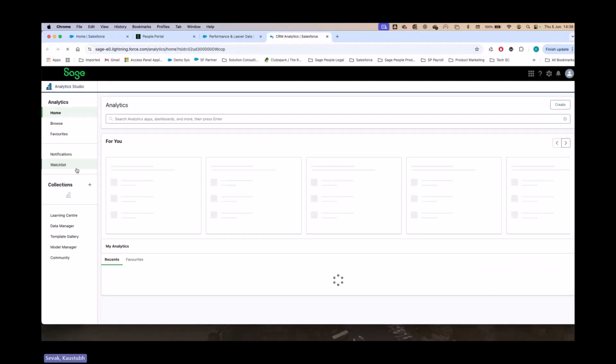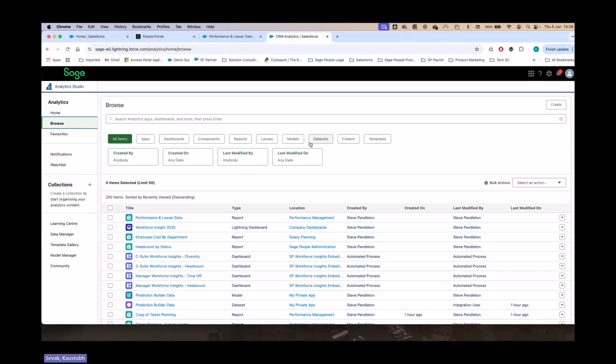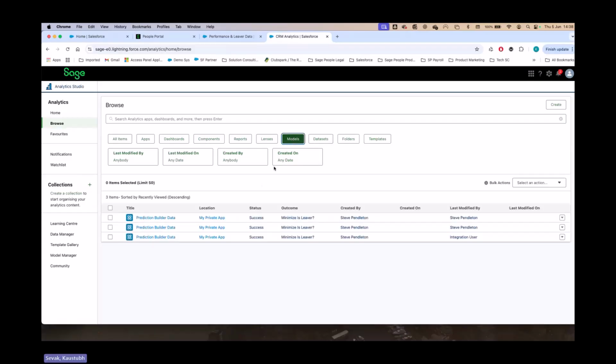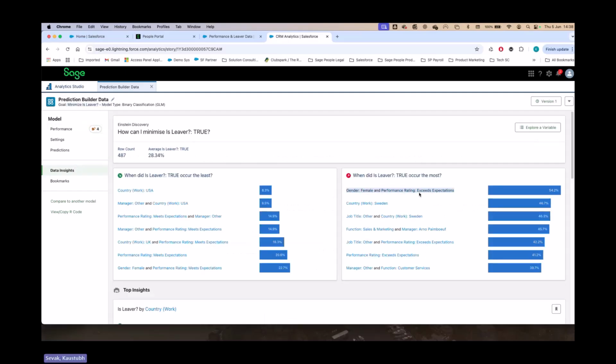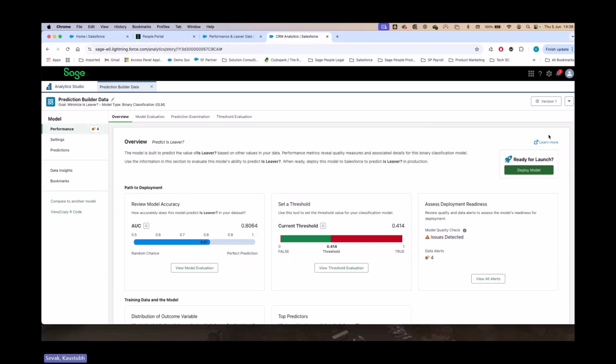So if I go into my Analytics Studio over here, what you can now do is using that same reporting data set that you are satisfied with, you know that's showing you the correct insights, you can actually build a predictive model around your levers information, right? So almost like an attrition model. And this takes into consideration all of those insights that we've already looked at. So when you pull in that data to create a model, it again reiterates what it is seeing in that data. And if you're happy with that, you can deploy this model, which brings those same insights now to your